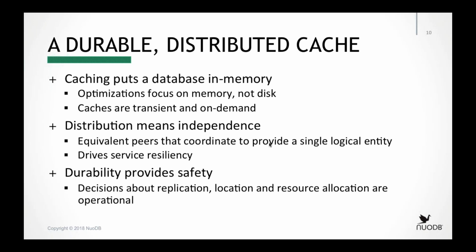Distribution independence, basically the equivalent peers that coordinate to provide a single logical entity, is we have multiple TEs that are going to have distributed caches. If one TE does not have a particular piece of data it requires, it still does not need to go to disk. It has a distributed algorithm such that it will go to its next nearest neighbor and find that data. So it's a very efficient algorithm to find the data that it needs. It will only go to disk if it cannot find